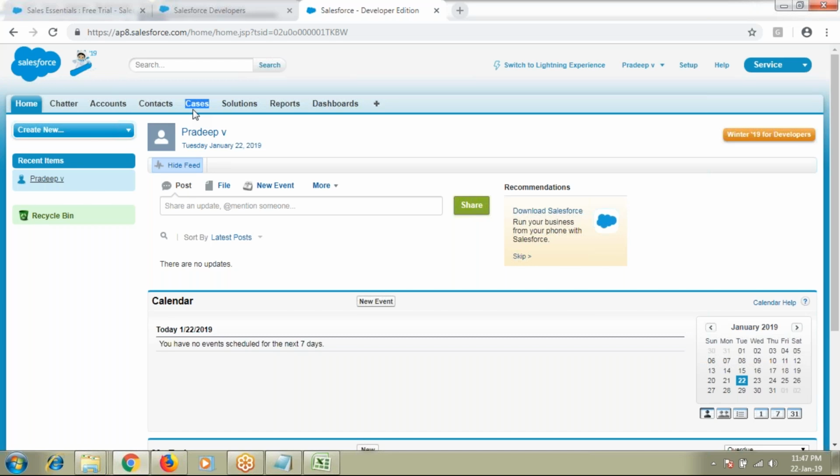In the same way, the service department people will log a case on behalf of the customers facing issues with the products, and the customers will be getting the automated emails. And once the case is resolved, the service department users are supposed to provide the solutions to the cases.